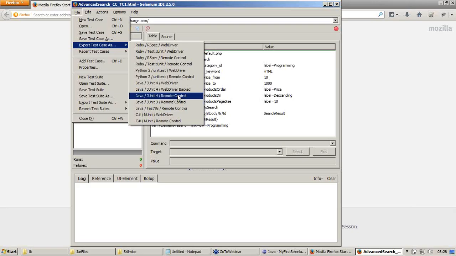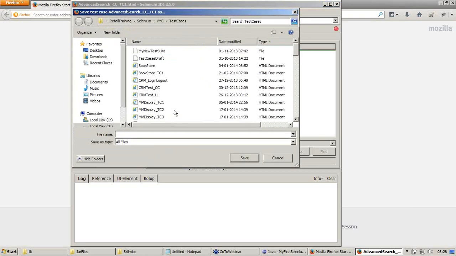As I told you in Notepad, TestNG was inspired by the JUnit unit testing framework, and it is superior to that. Now let me click on this menu option, Java TestNG Remote Control.